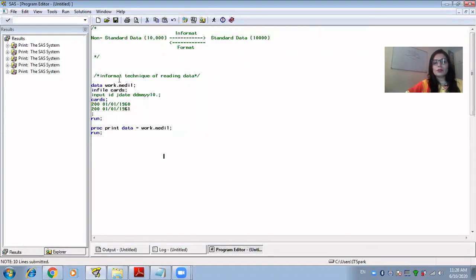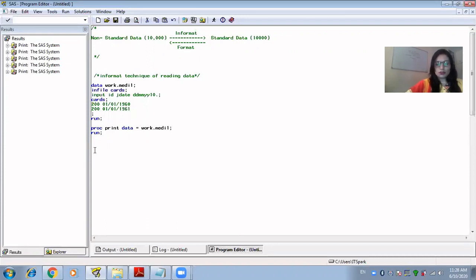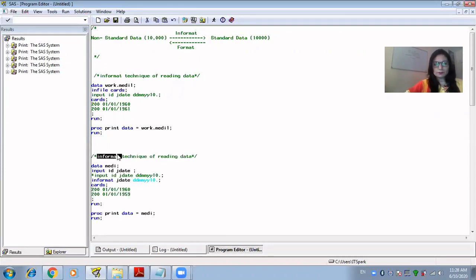And let's say we have a date something like this. Let me use a different example. Let me copy the code so that I need not write that again and again. And here I have a date something like this, where I have not included the century in the year. So this is 19, I am not sure what the century is. So this is 60 and this is 59. So what would be the length for this? That would be 8. I have to make changes here only.